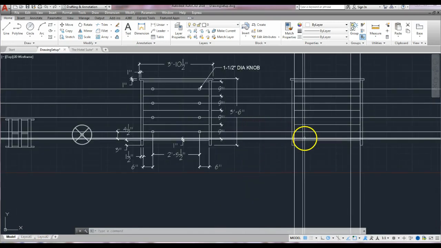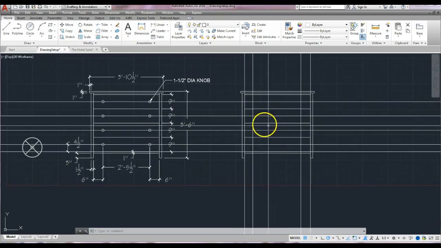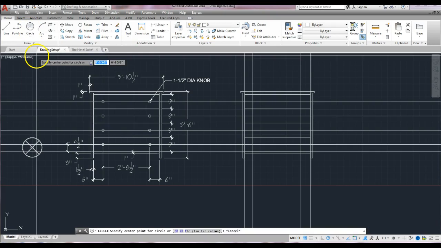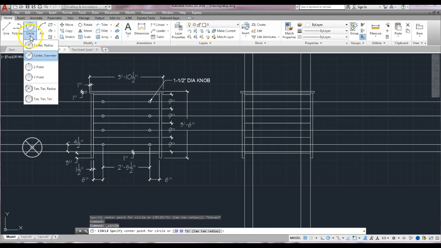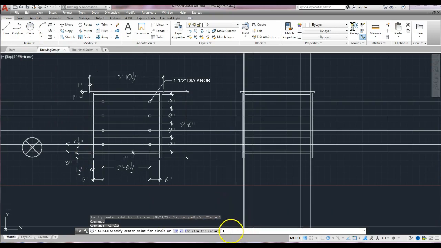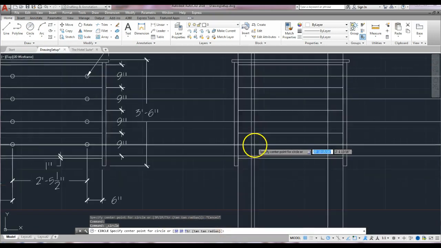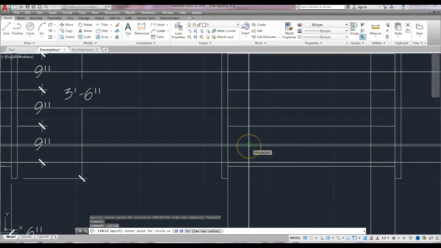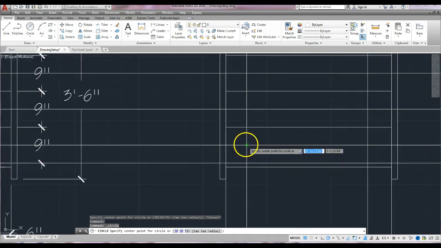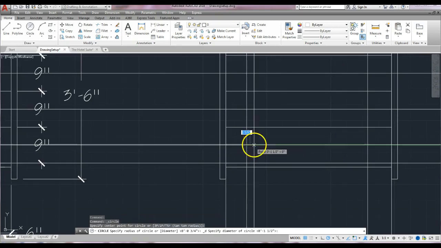Okay, so now we need to create those knobs. We're going to use the circle command. We're going to go to the circle command and make sure that we are using the circle diameter. Okay, so right here, circle diameter. Or if you type in circle, you want to make sure you hit D for diameter. So we're going to pick the intersection of the 2 construction lines that we created, and we're going to create that knob using this as our center point, the intersection as our center point. Click once, and we can type in